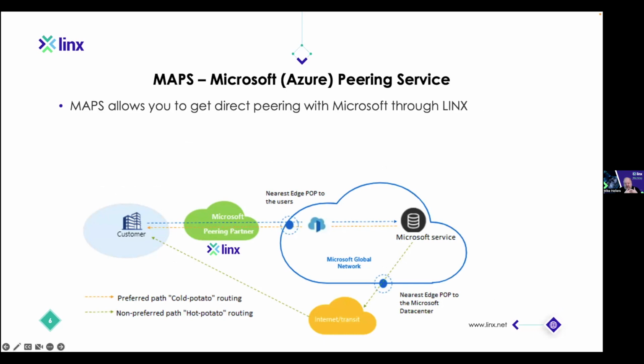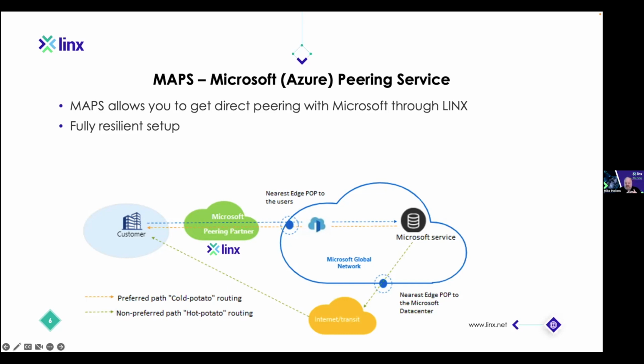It means the restrictions that I mentioned before don't really exist. They're not valid. Any network can use this service and get direct peering with Microsoft,